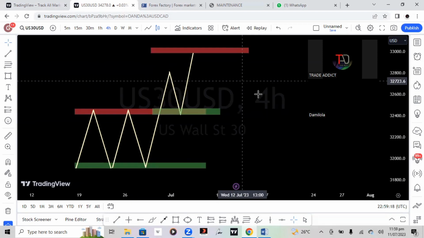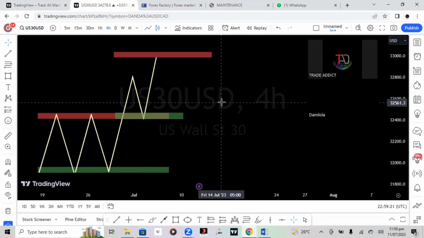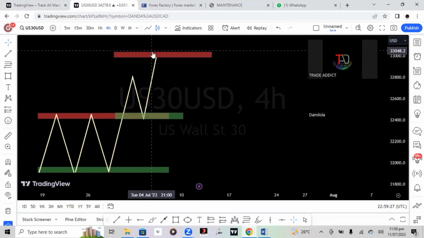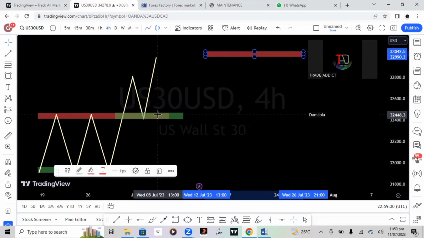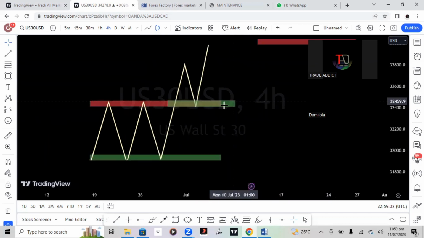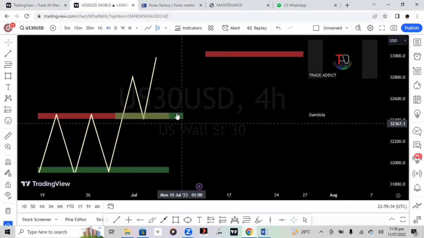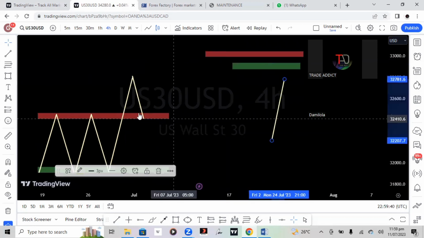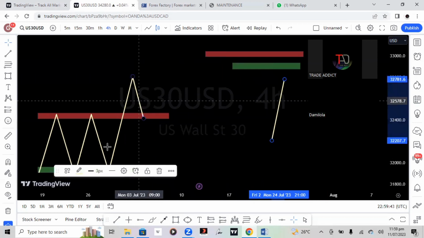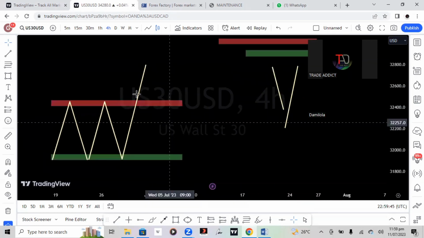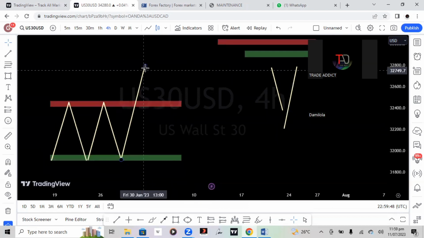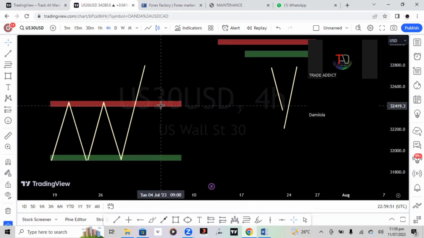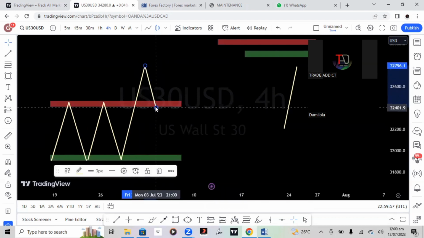So now let us take a look at fake out. A fake out is more like a breakout as well. But the difference is when price breaks out in a fake out, instead of creating a new level, it will bounce back inside that same channel. So let's assume price breaks out of this channel. We were expecting price to come back and test this area to be our new acting support, but instead price came back inside this channel.